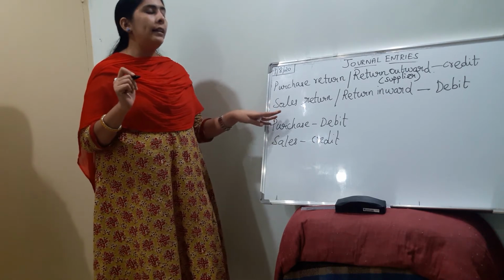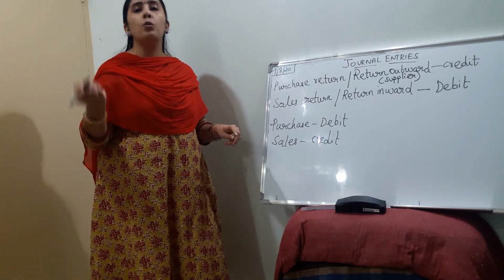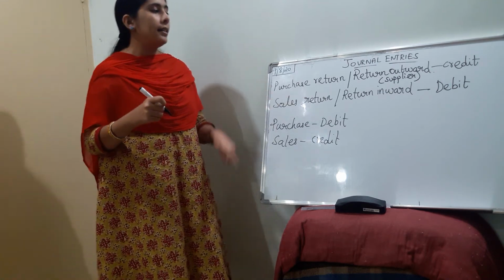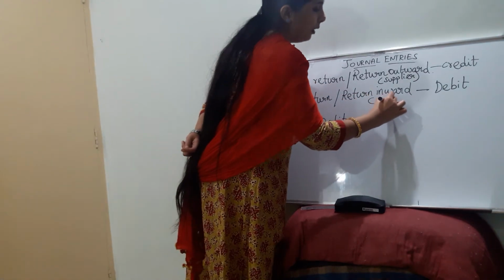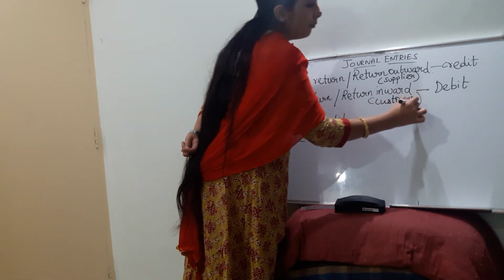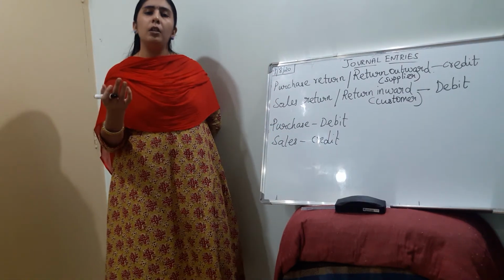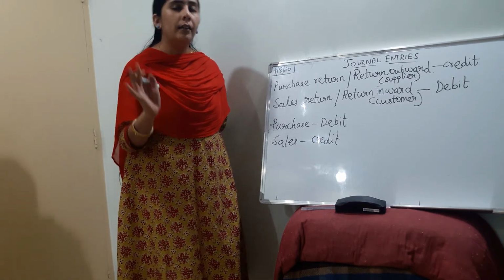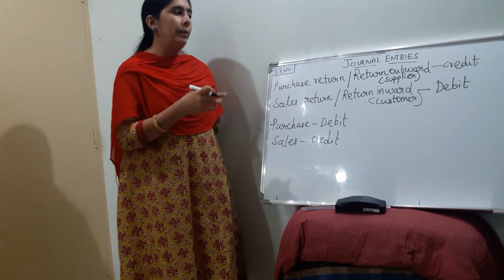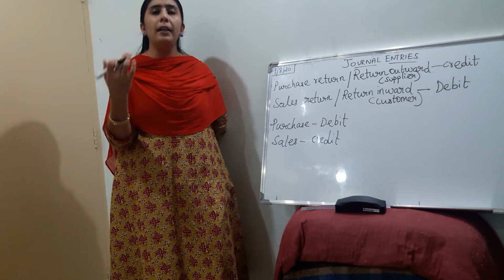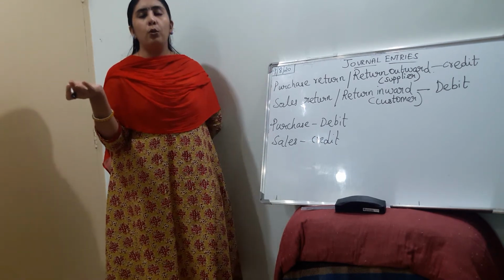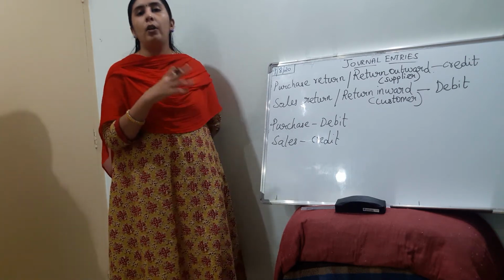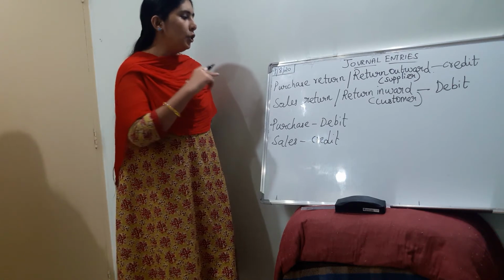Our customer, what he does, there is some defect in the goods which we have sold to him, so he is going to return it back to us. Such a return is called a sales return, from the customer. When he returns the goods, obviously we have to replace him with a new good or pay him back the cash. That is the reason why it is always debit and that is always credit, because the supplier can again replace us with a different good. Same way we have to do it with our customer. So this is the basic concept of purchase return and sales return.